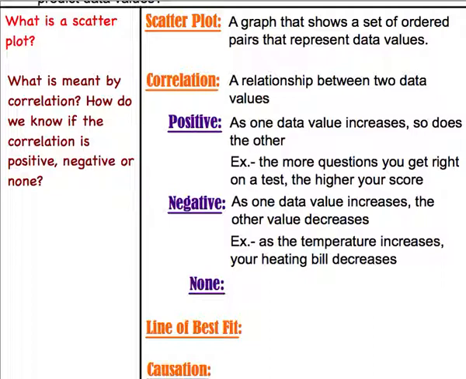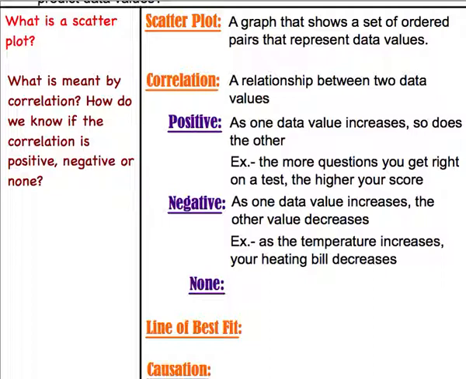The common misconception is thinking that if positive is as one increases, so does the other, that negative would be as one decreases, so does the other. That, in fact, is actually a positive correlation as well, because they're both doing the same thing. In fact, negative is as one does one thing, the other one does the other. So, for example, as the temperature outside increases, your heating bill is going to decrease